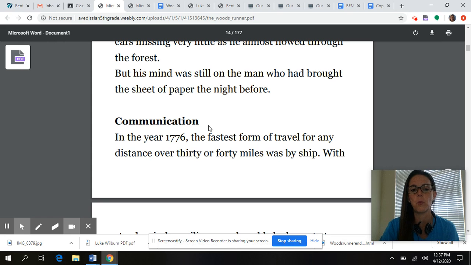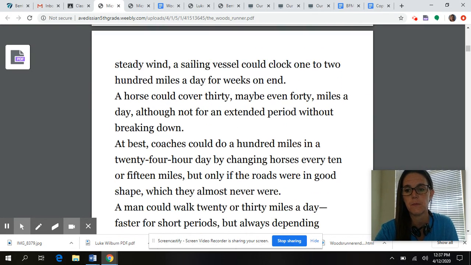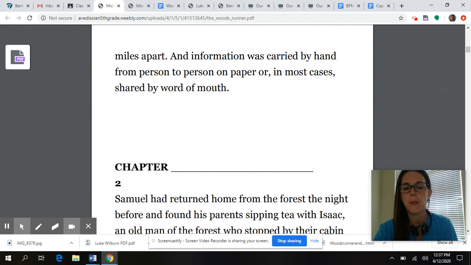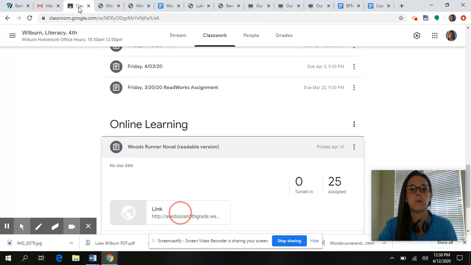This is still part of chapter 1, but for a brief period here, you're going to read some information about communication in the year 1776. Not all chapters have these little nonfiction tidbits, but some do. So one of your questions that you're going to be asked today is, why do you think the author put these little nonfiction parts into these chapters? Chapter 1 and chapter 2 that you're reading today both have that. Okay, so that is the readable version.